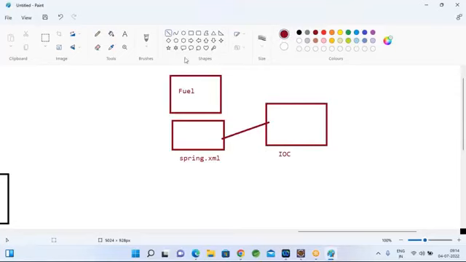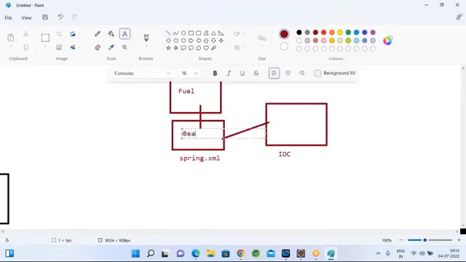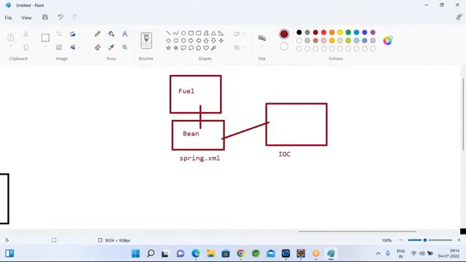When you start your IOC container, what is happening? The Fuel class is configured here as a bean. You configure your fuel bean here. So when you load your Spring XML file